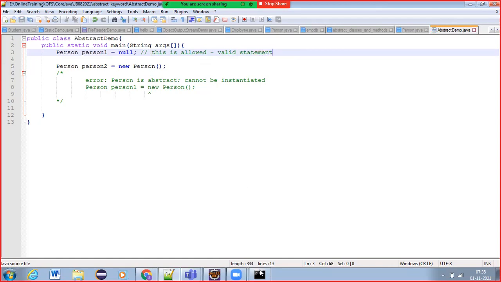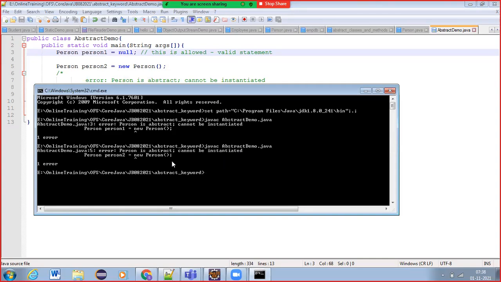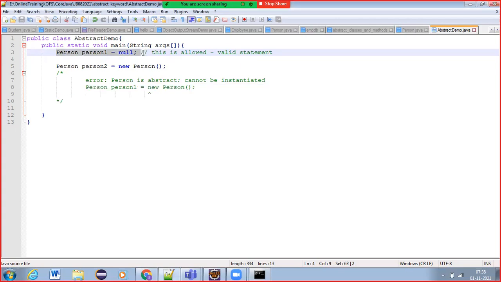Now if I compile the application, you will not get any error at line number 3. You will get the error at line number 5 only, where the new operator is used to instantiate the Person class object. But in the case of Person p1 equals null, you will never get any issue.